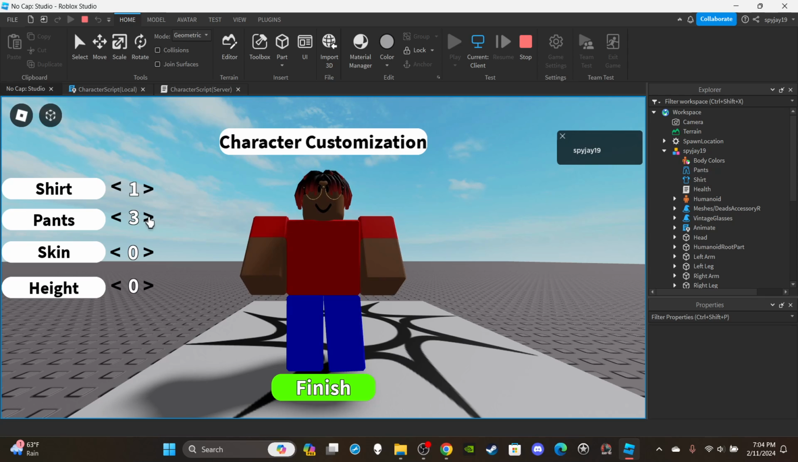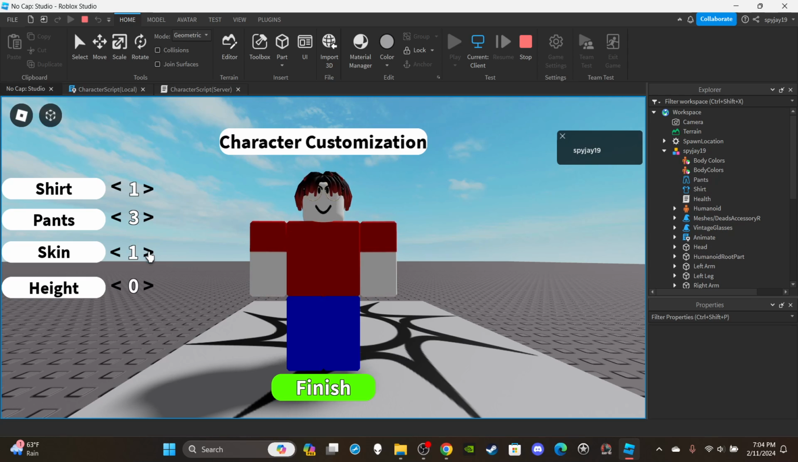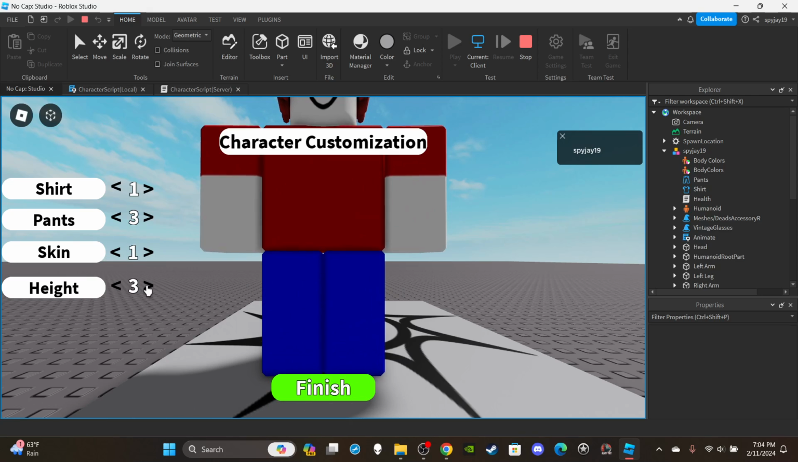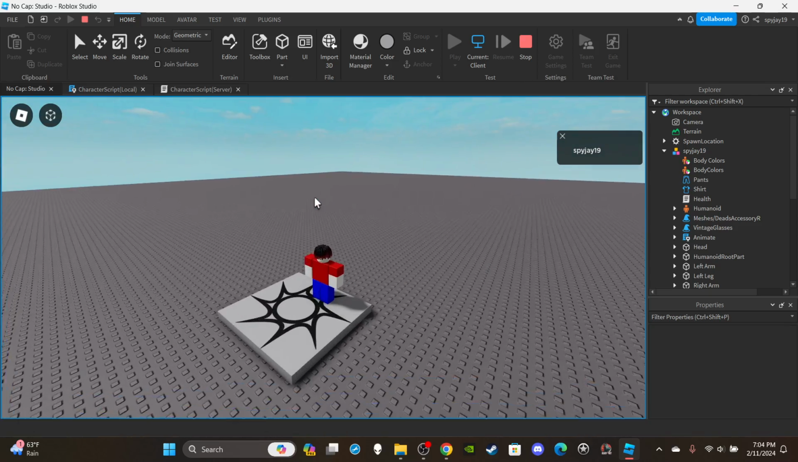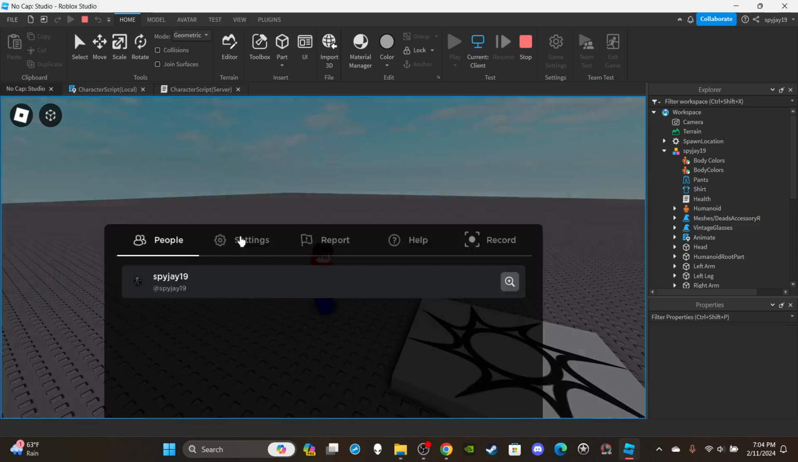Pants is working perfectly fine too. Boom, I'm able to change between my pants. Then skin, boom, as you guys can see, I can change skin tones, easy, right? Then height, boom, I can get taller, shorter, stay in the middle, whatnot. And lastly, click finish, boom, I'm able to walk around now. There you go, and I can reset my,